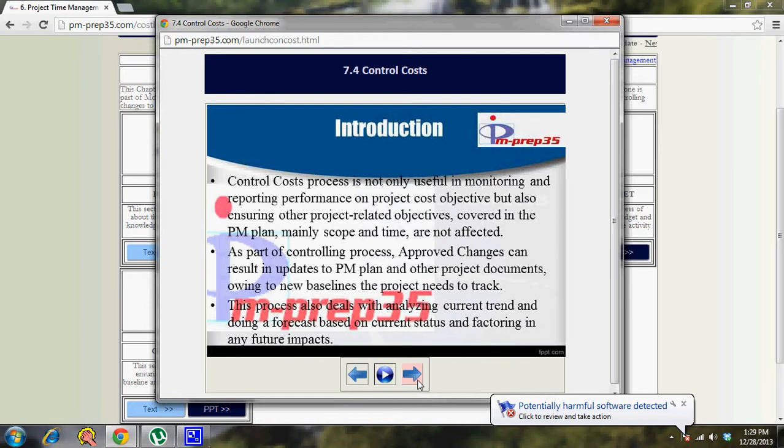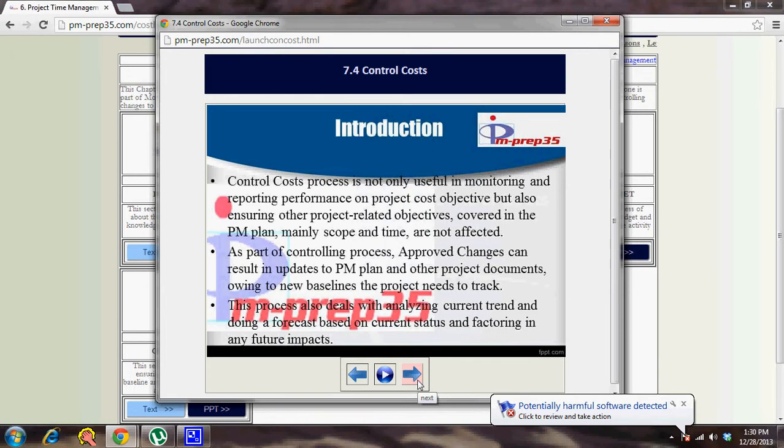So not only are changes required to follow an integrated change control process, but also once the changes are approved, the changes are implemented onto the project management plan and the project documents. That is also part of the controlling process. So approved changes get documented in the project management plan and the project documents, because initially you document the impacts only in the change request, but only when they are approved do you make changes to the actual documents and baseline them. So that is also part of the controlling process.